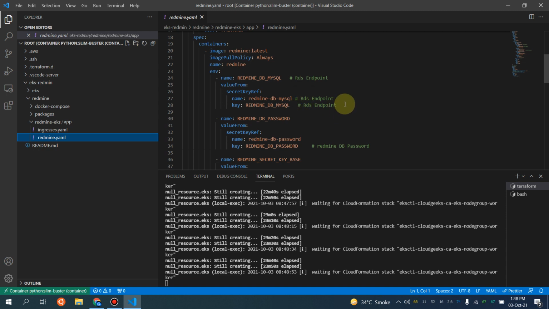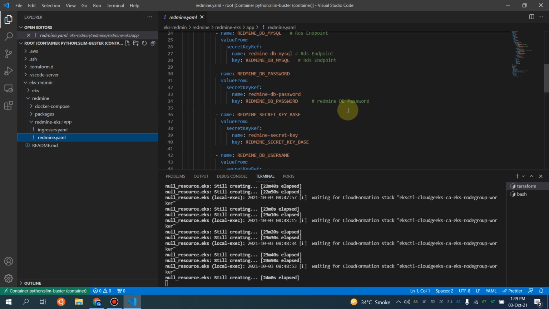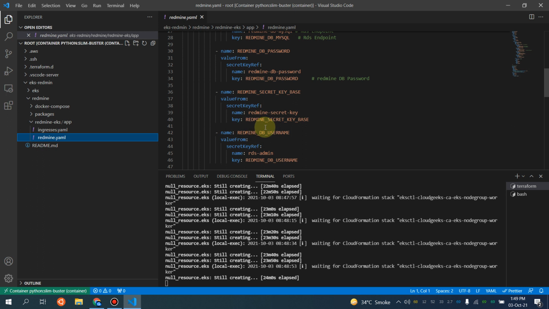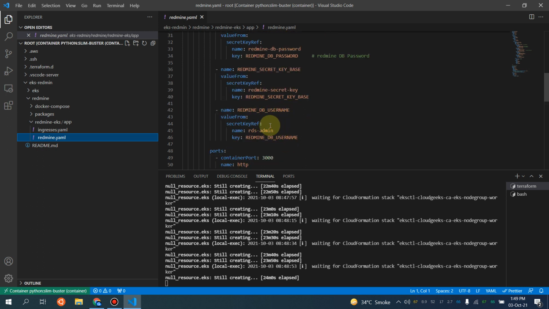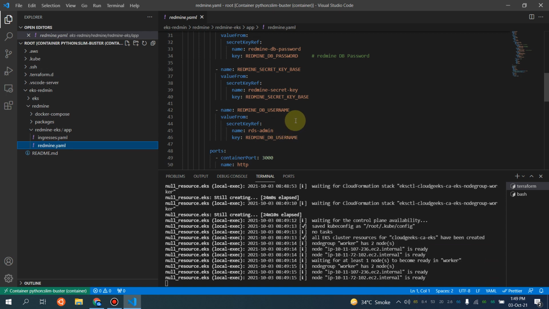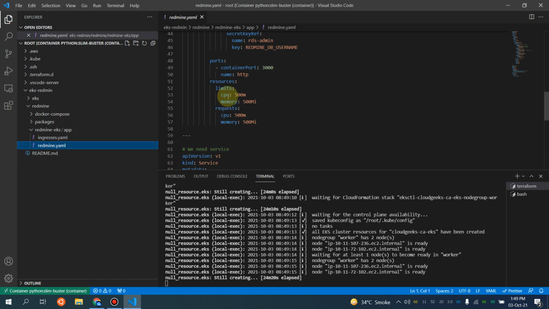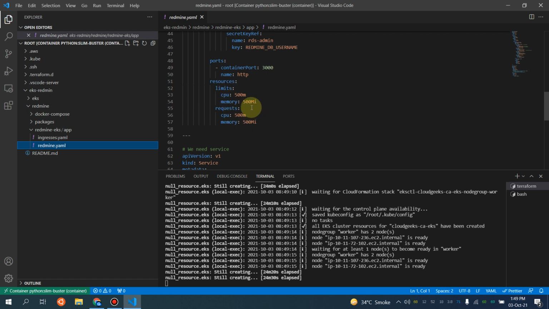So this part is with regard to the calling of those secrets, and in the previous section I've already covered this, that these are the environment variables which are going to be used by this Redmine YAML app. So the inside container port is going to be 3000, and I'm going to limit the resources. I'm going to use 500 millicore CPU and 500 MB of